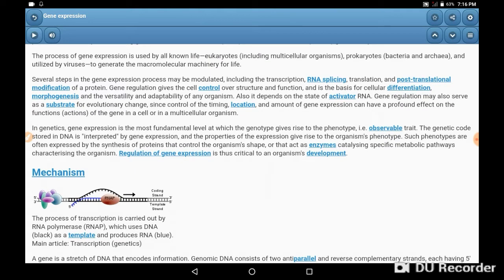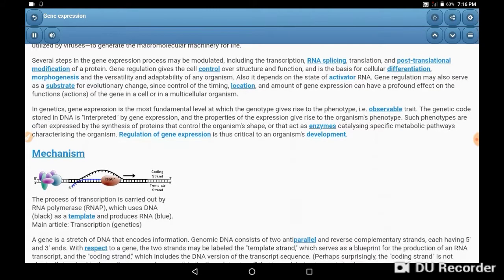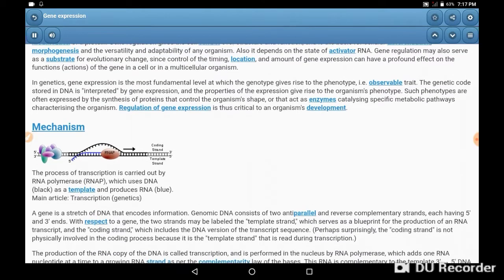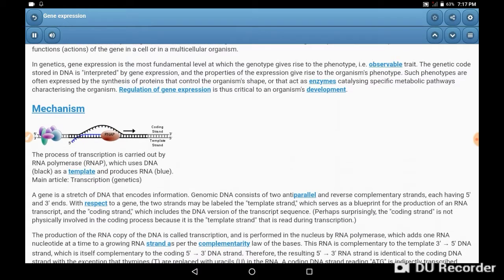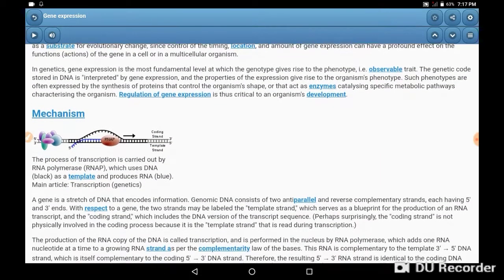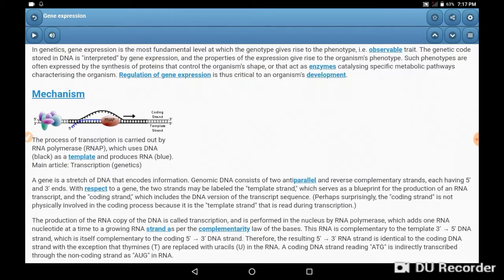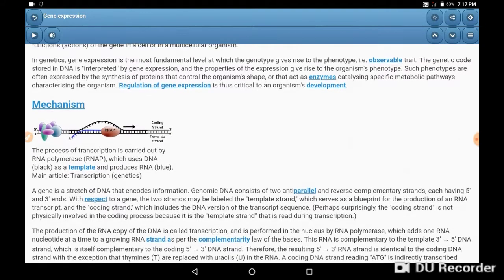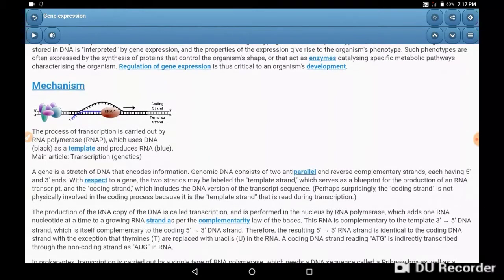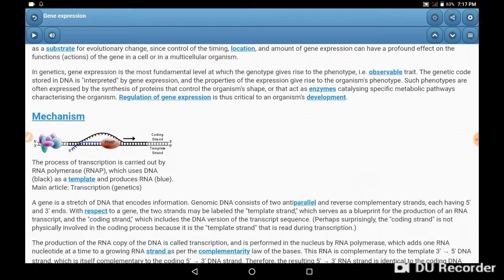Several steps in the gene expression process may be modulated, including transcription, RNA splicing, translation, and post-translational modification of a protein. Gene regulation gives the cell control over structure and function, and is the basis for cellular differentiation, morphogenesis, and the versatility and adaptability of any organism. Also, it depends on the state of activator RNA. Gene regulation may also serve as a substrate for evolutionary change, since control of the timing, location, and amount of gene expression can have a profound effect on the functions, actions, of the gene in a cell or